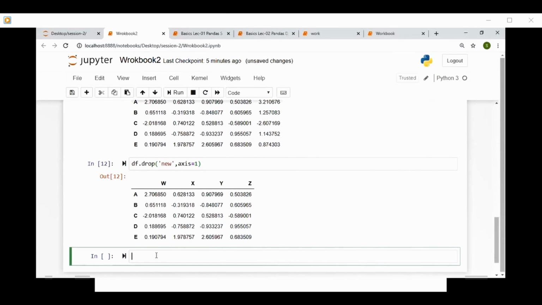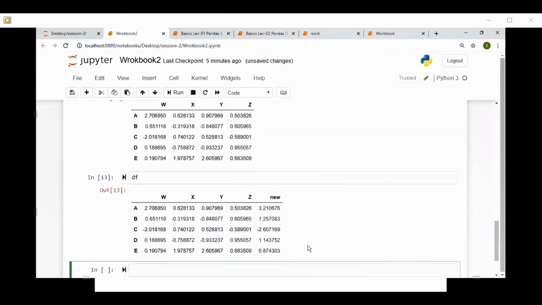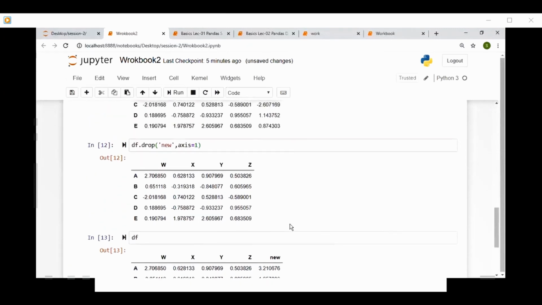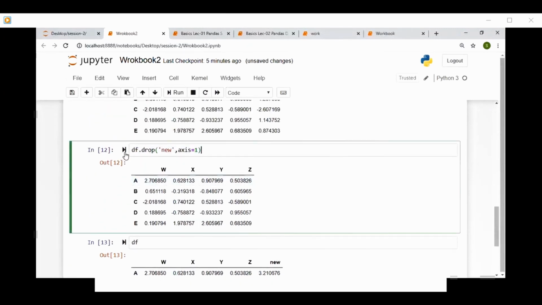Okay, now the new column has been dropped. If I try to print the same data frame again, then you can see that the new column is still present in the original data frame. Why did this happen? It is because df.drop returns a data frame of its own, and it removed the new column from that data frame.